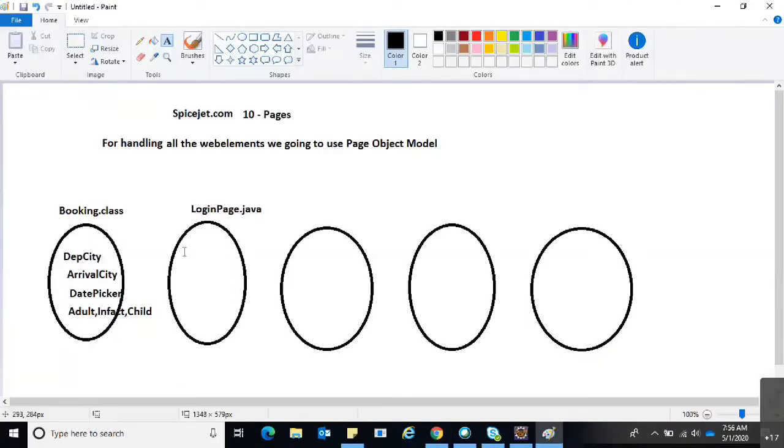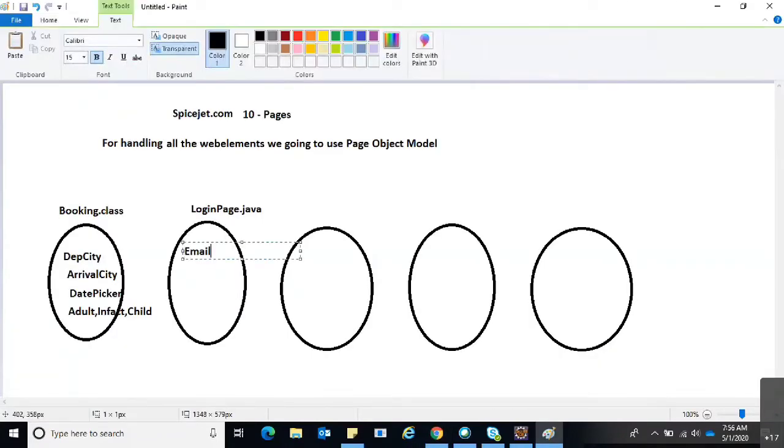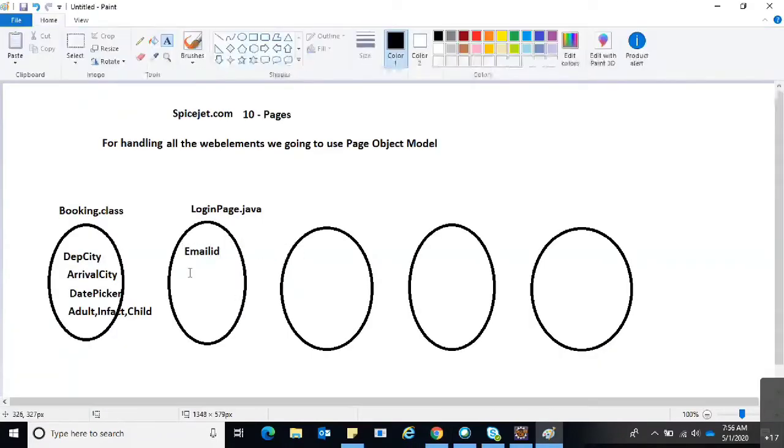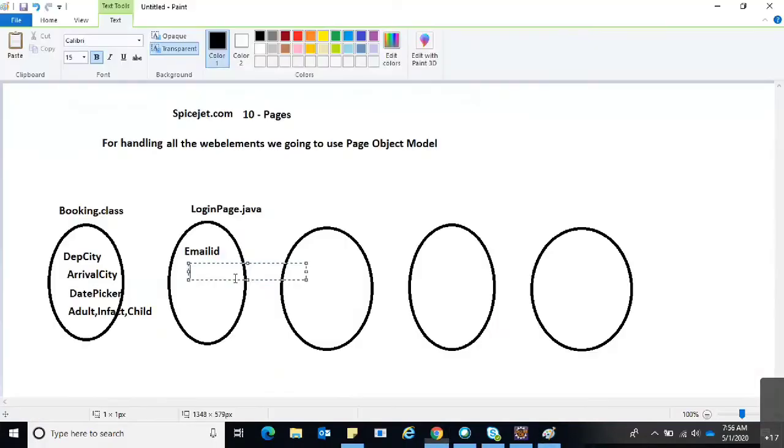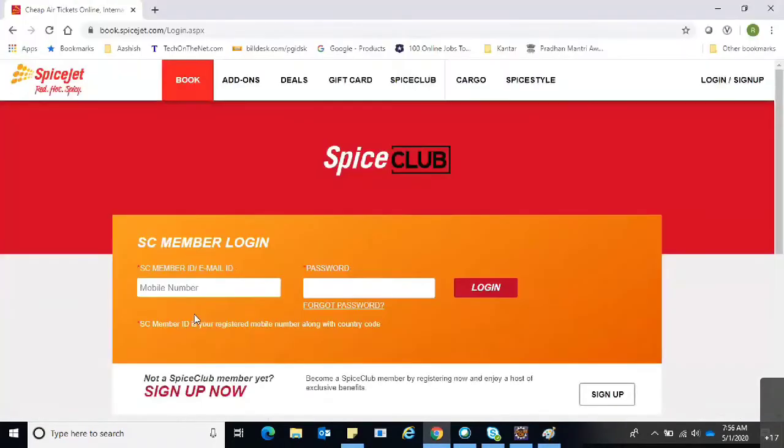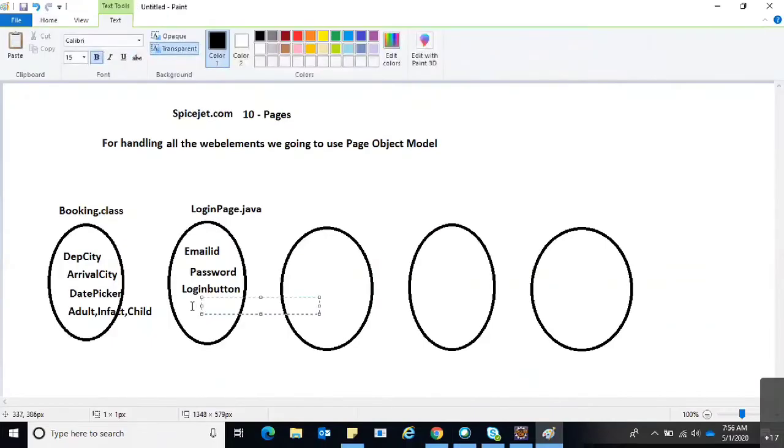That is email ID, password, the login button, and forgot password.